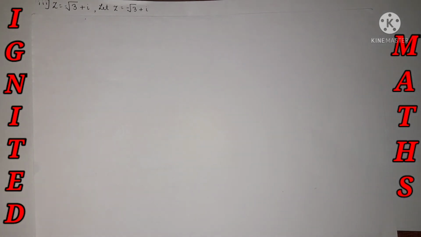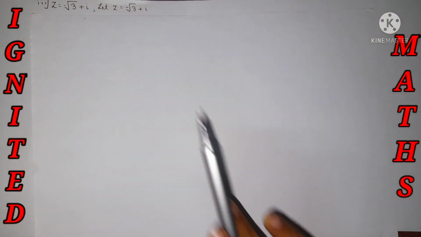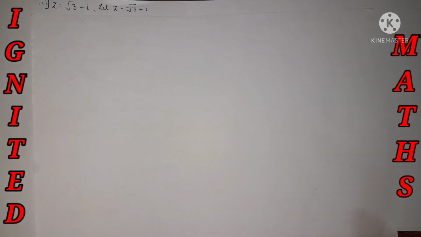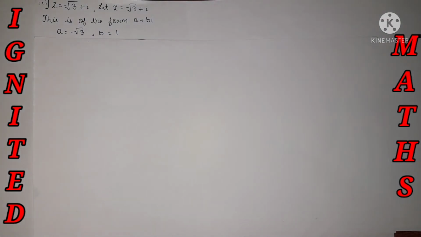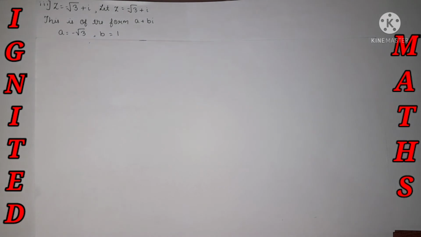How we need to denote it, I have explained in different problems, so that the concept will be even clearer. So I took the third sum. The method is absolutely the same, only the amplitude format we need to remember. So z is equal to minus root 3 plus i. Let's express it in the form of a plus bi, in which a is equal to minus root 3 and b is equal to 1. A is minus, b is 1.